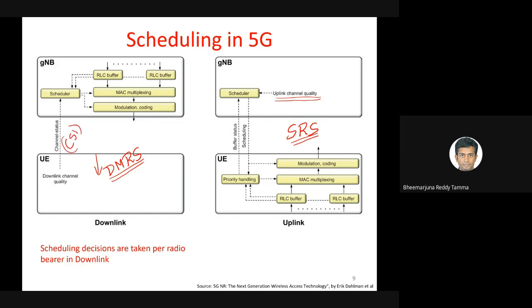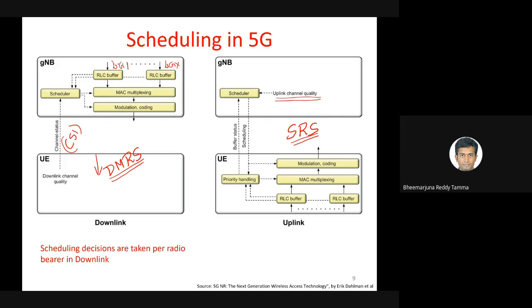Now we have the packet scheduler running at the base station, and it got to know the channel quality of all the different users. It also knows the current status of the RLC buffer for various logical channels. Then, depending on what kind of scheduling algorithm is used, for example round robin, you start taking out a certain amount of data from each RLC buffer and start creating the MAC packet with subheaders for each logical channel content and send it to the physical layer for coding